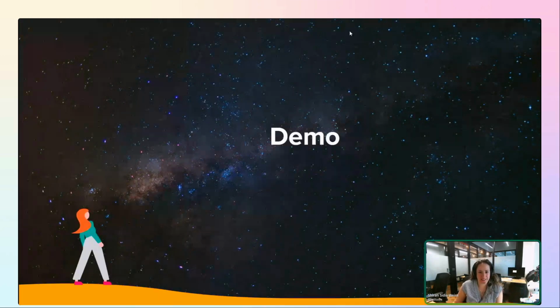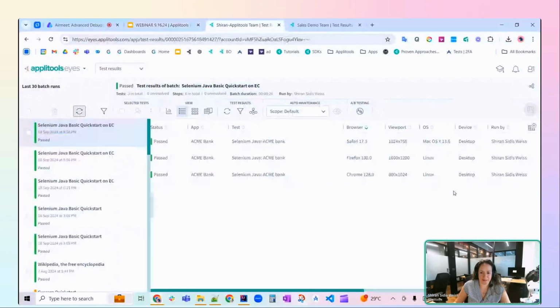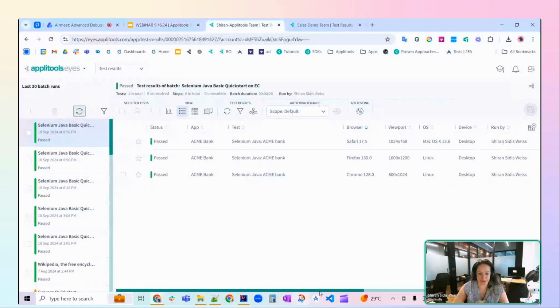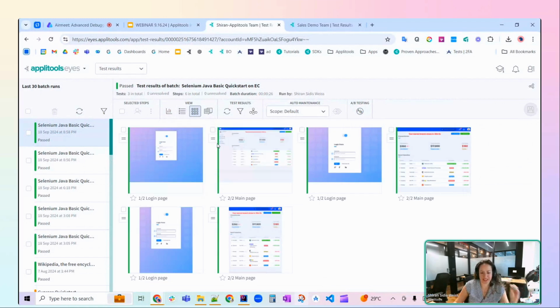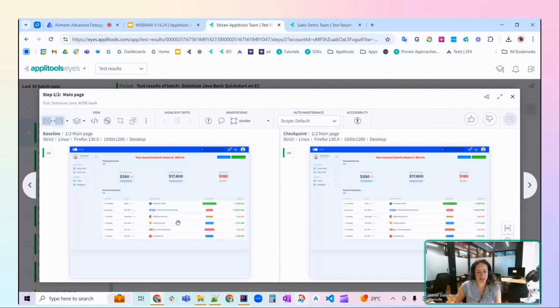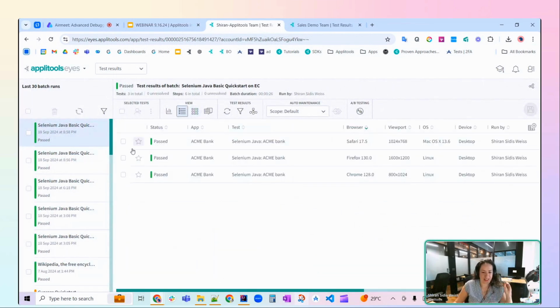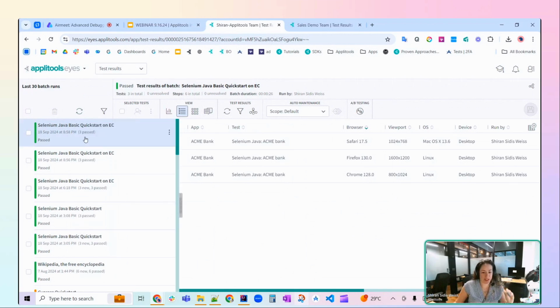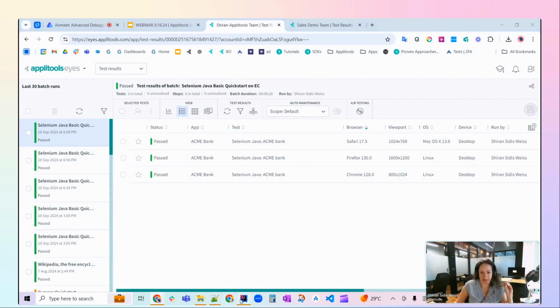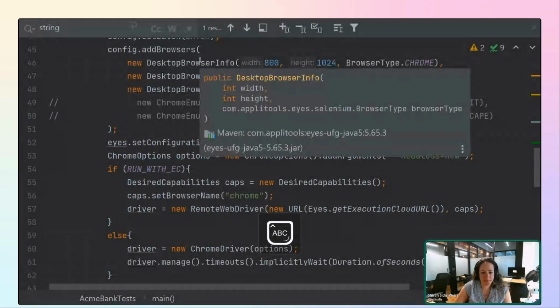So let's do a quick demo here. I'm going to show you a test that, by the way, this is the Applitools Eyes platform. You can see here, if I'm switching to the visual mode, a screenshot of a web page that's just a login form, and then after login, we can take a screenshot of the home page. This is a completely pure demo application, and we're going to see what happens if we try to break one of the selectors. So if I switch to the Java code and switch to the presentation mode,